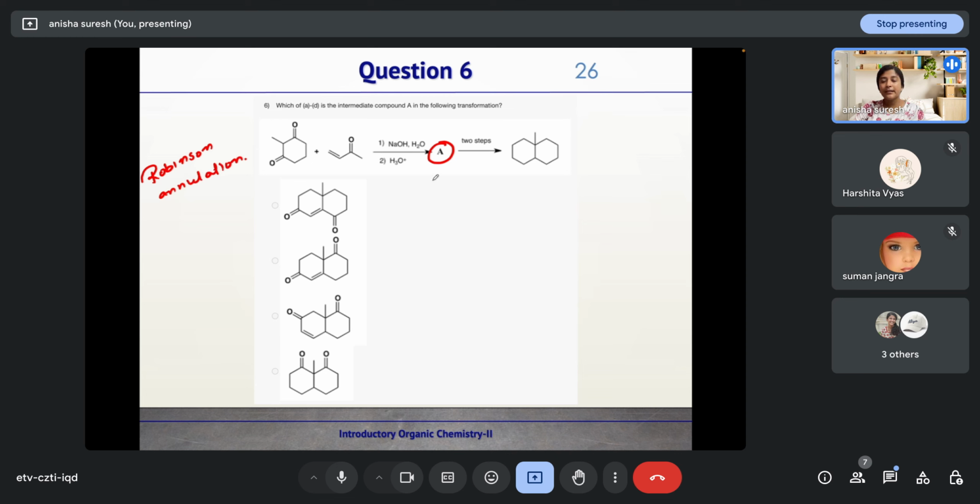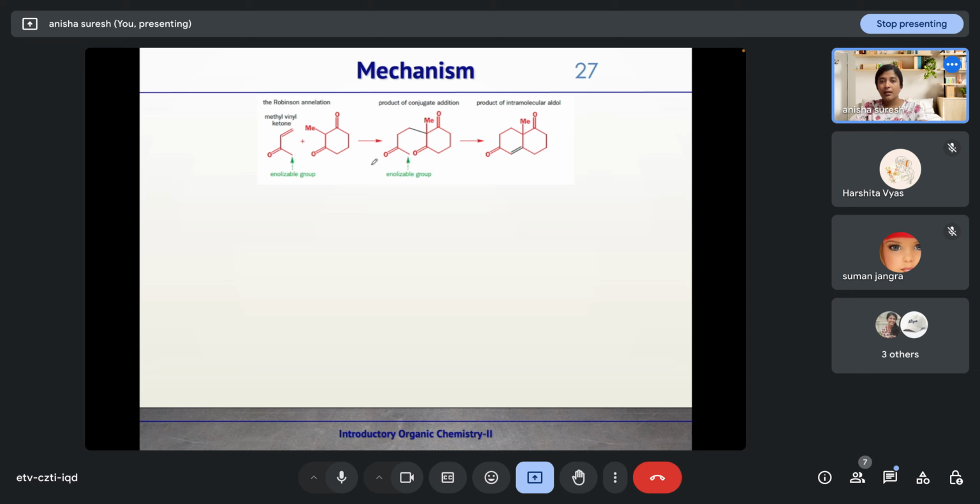So what will be the A that is formed here? Option B. Okay. We will see the mechanism. So here, as we have seen in the previous slide, for the Robinson annulation reaction, the most important part is